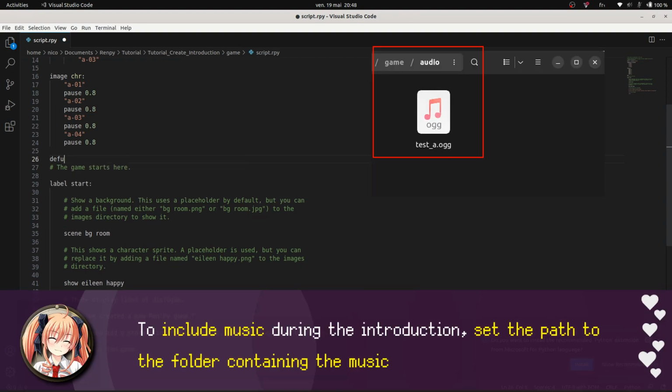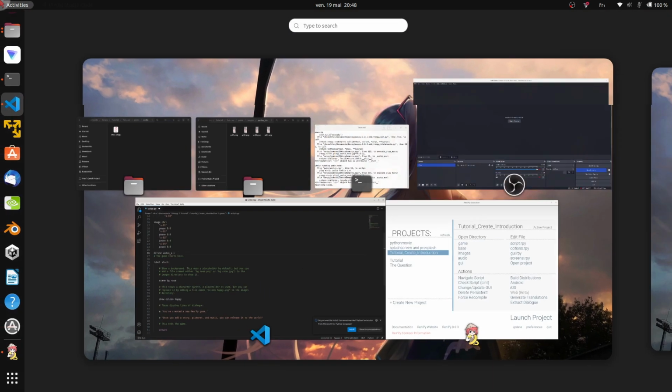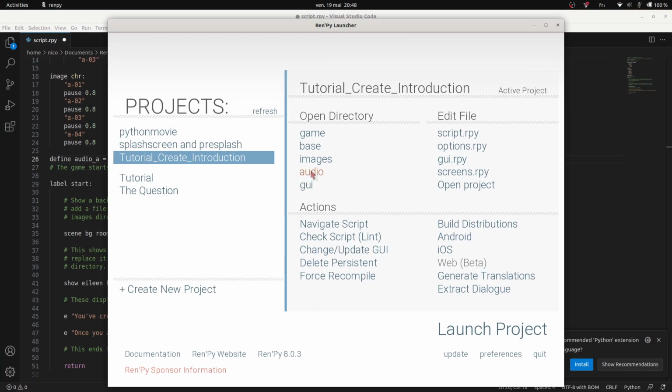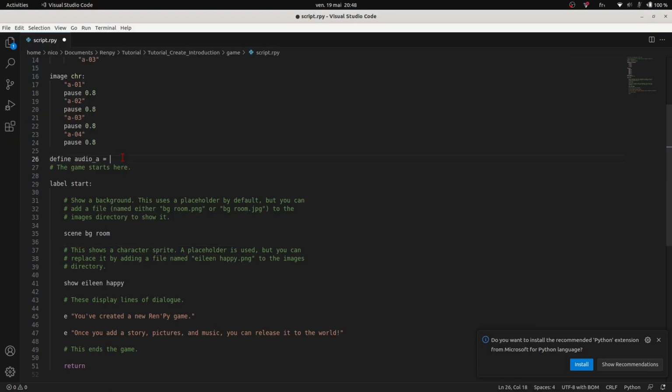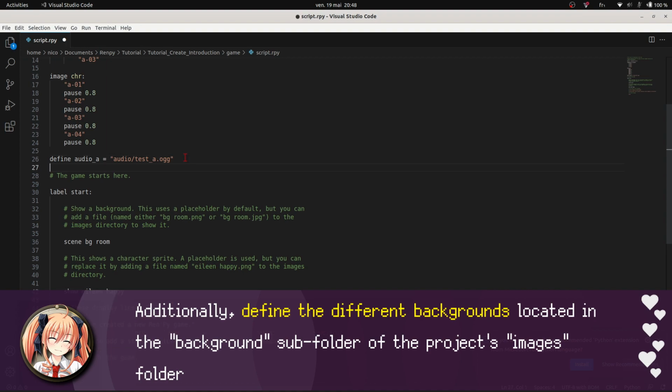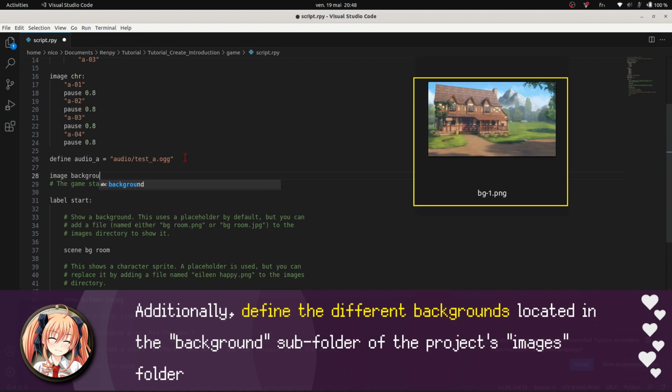To include music during the introduction, set the path to the folder containing the music. Additionally, define the different backgrounds located in the background subfolder of the project's images folder.